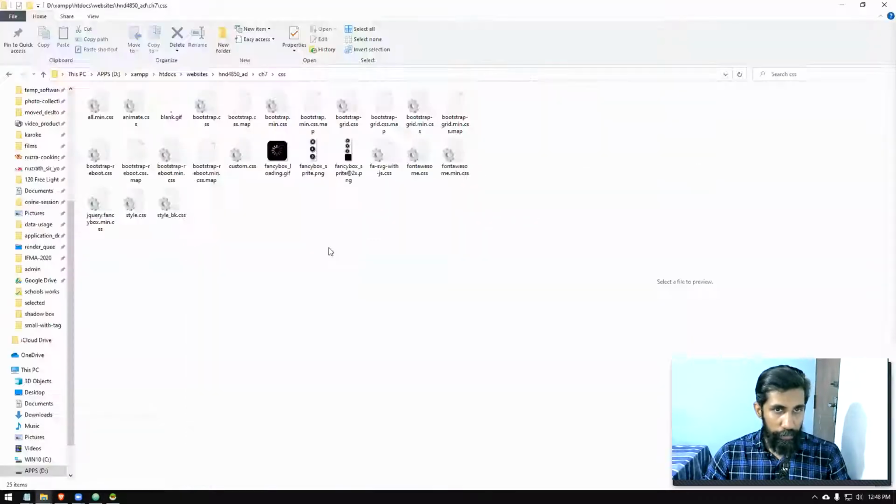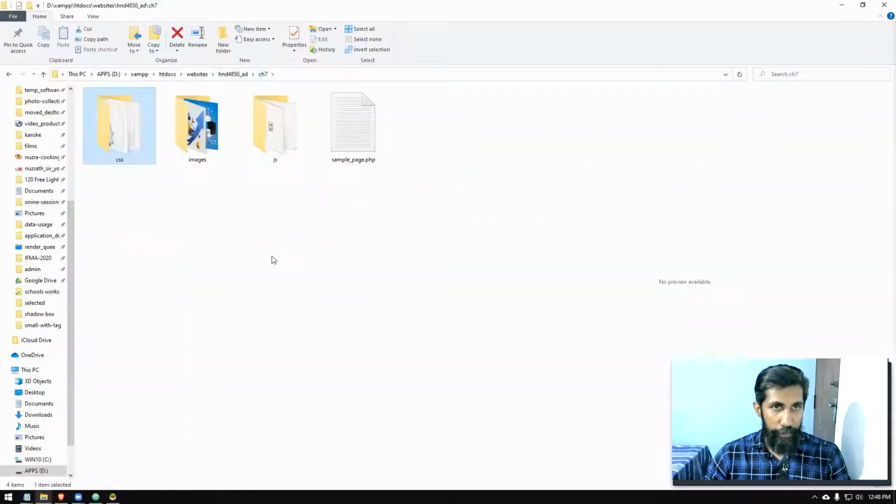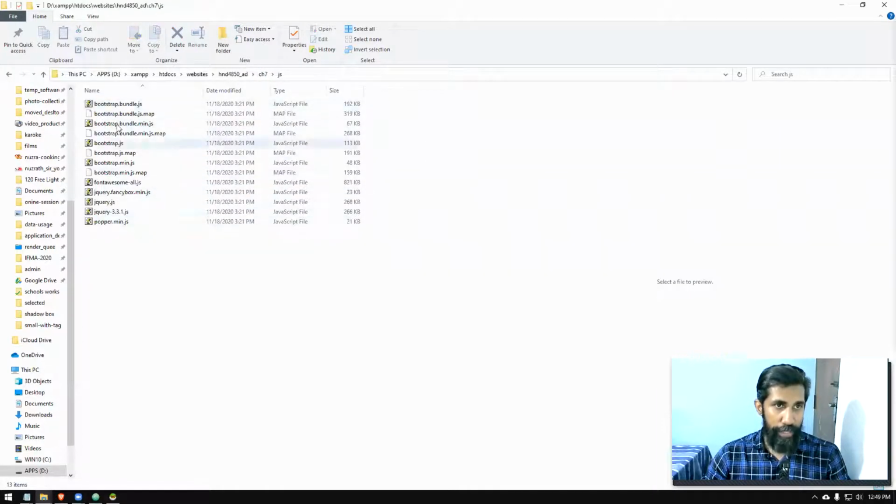Then you can see there's another folder, the JS folder, which has all the JavaScript files. Full version jQuery is there, Bootstrap is there, Font Awesome is there, everything is there. We're not going to need any further third-party libraries to work with this one. Even if you do not have an active internet connection, you are good to go because everything has been downloaded locally. We're going to work with that.